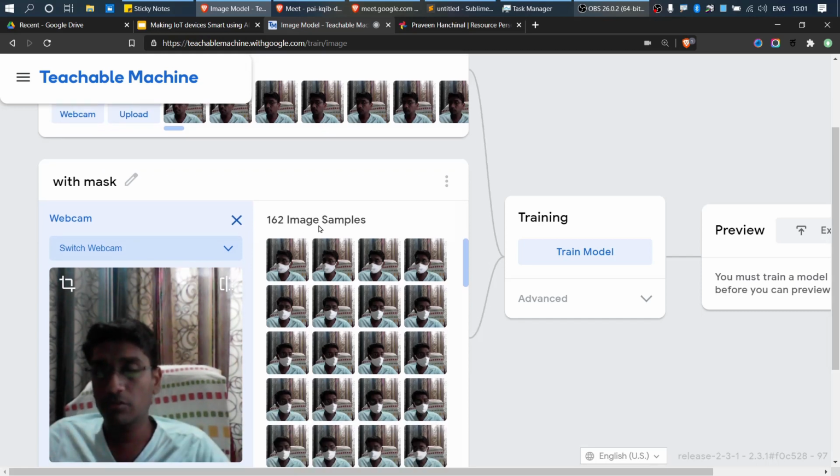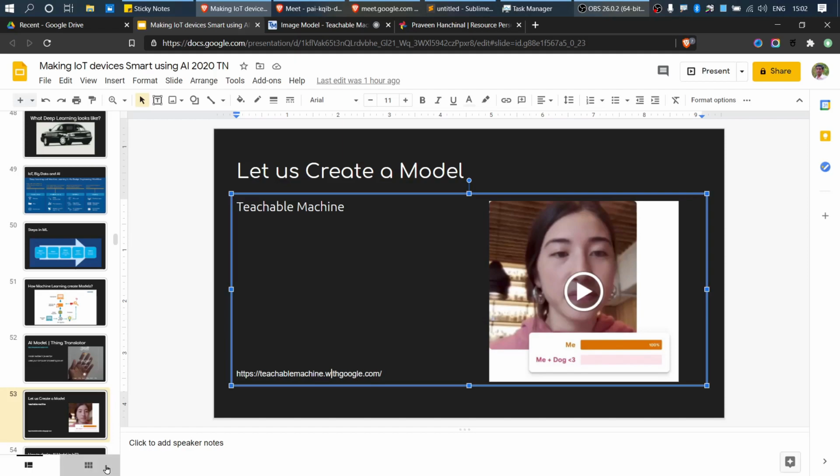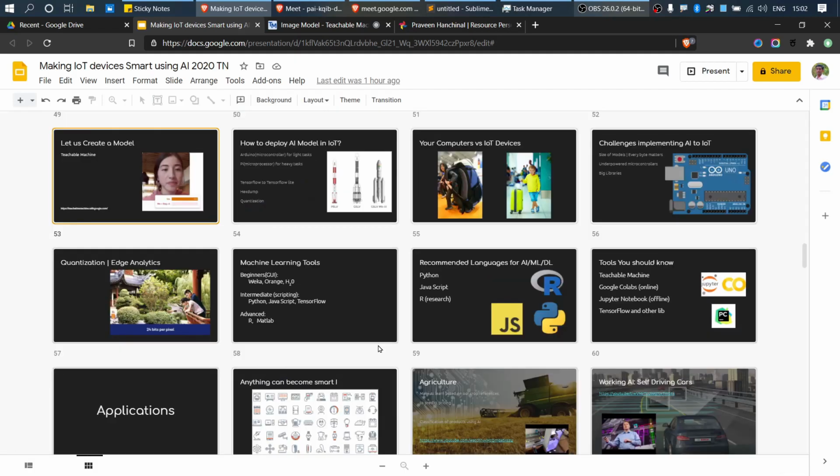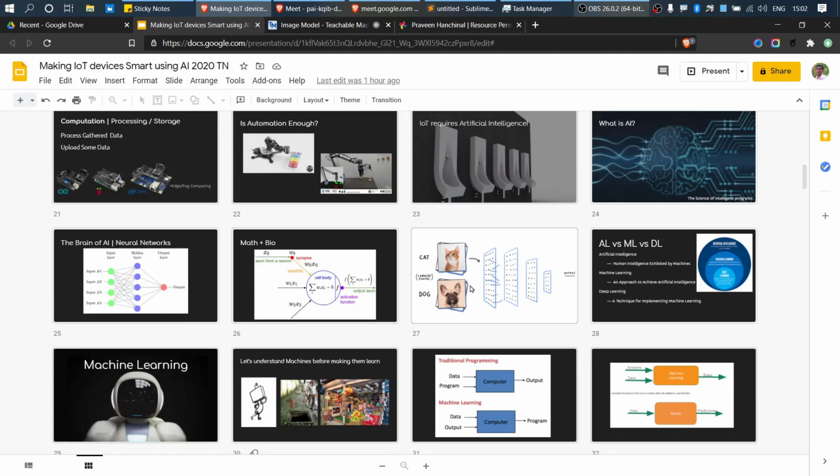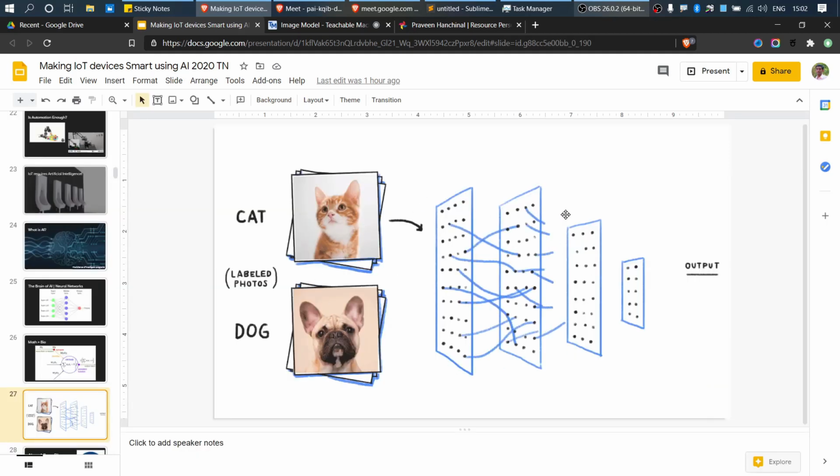All the characteristics will be extracted, then it will try to self-learn on its own, then try to predict whether I am wearing a mask or not. I hope you remember this cat and dog idea. What I'm trying to do is similar to this. Only thing is instead of cat and dog, I am here with mask and without mask.